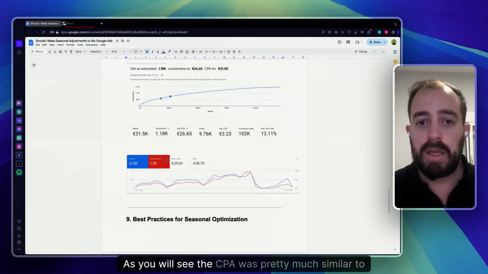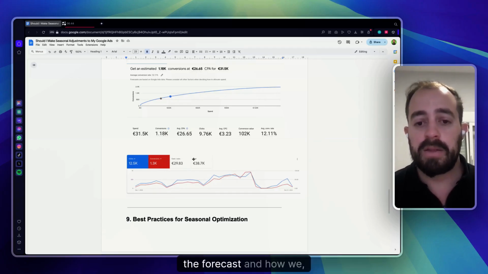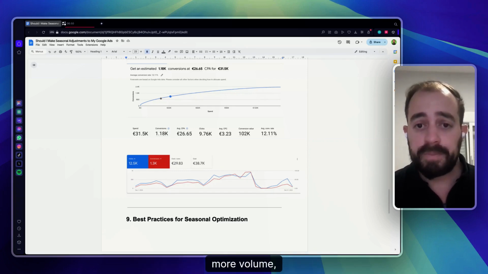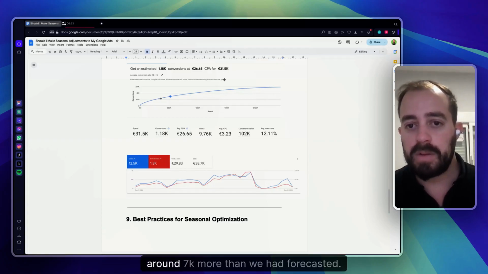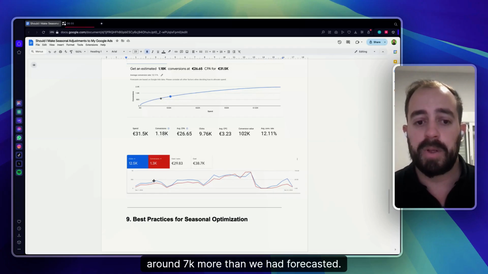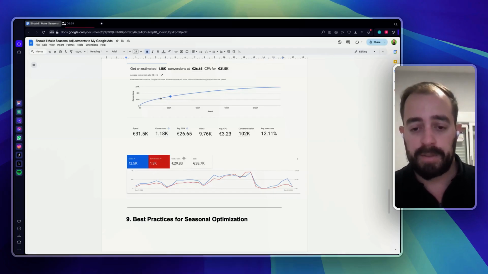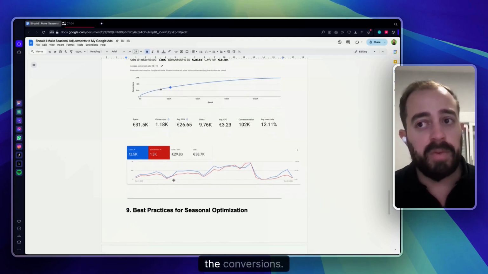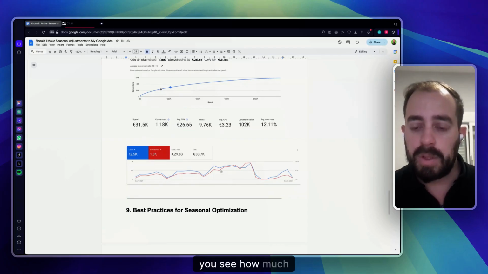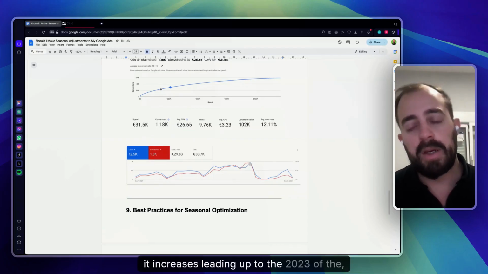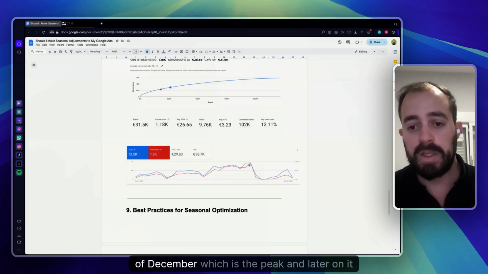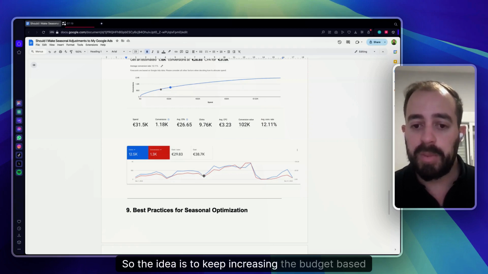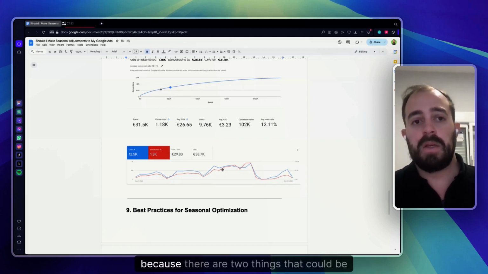As you will see, the CPA was pretty much similar to the forecast, and since we were getting very good conversions and more volume, we actually increased the budget even more, around 7K more than we had forecasted, but we also got more conversions for it. And as you will see here, the blue line are the clicks and the red one are the conversions. If you see how much it increases leading up to December of 2023, which is the peak, and later on it drops. So the idea is to keep increasing the budget based on the demand,